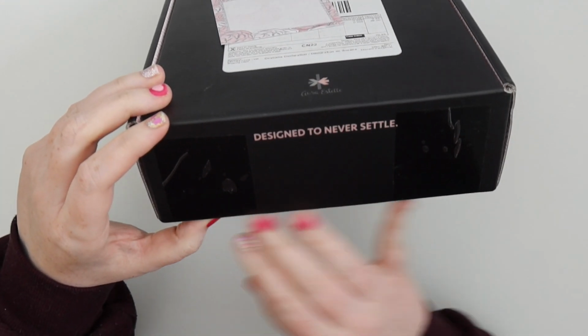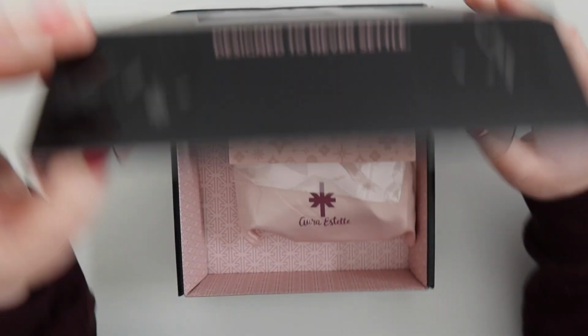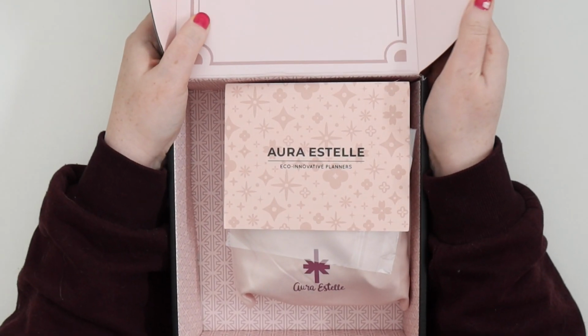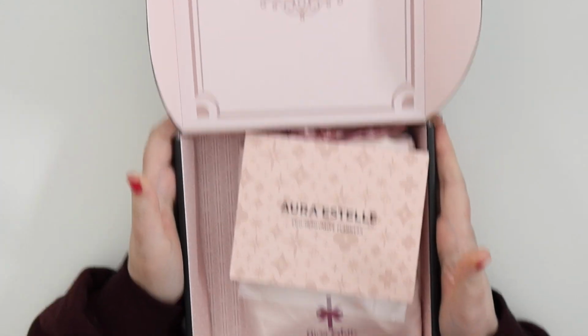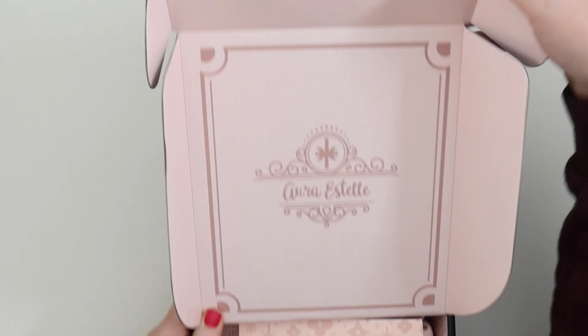All I've done is undo the tape here, so I haven't actually looked. Let's have a look. Ah, so pretty. Look how tiny this baby is. I love pocket size. And then we just have the flap here. And then